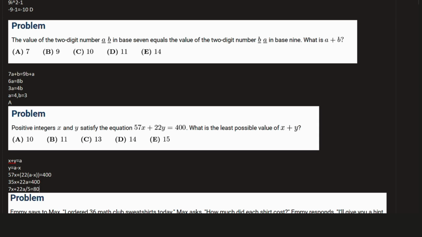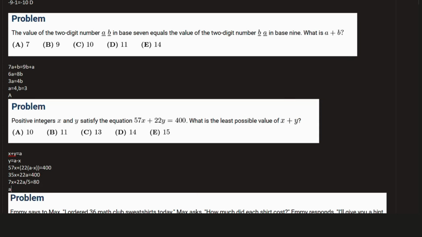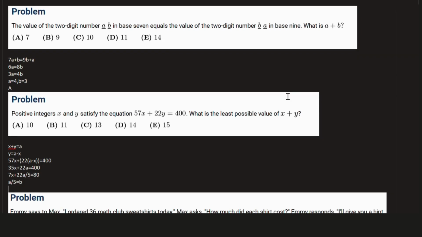That means that 22a over 5 has to be a positive integer, meaning that a must be divisible by 5. Let a over 5 equal b. We have 7x plus 22b equals 80. You can go through a couple solutions for this and notice that we can iterate through values of b, noticing